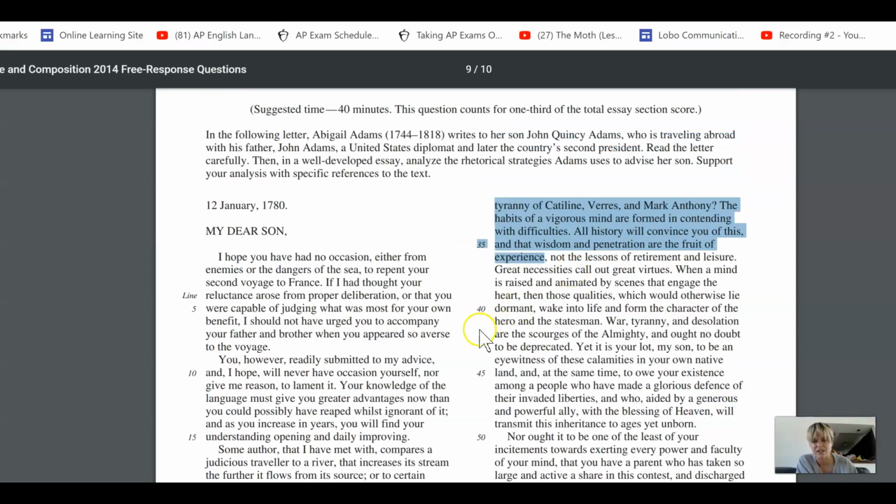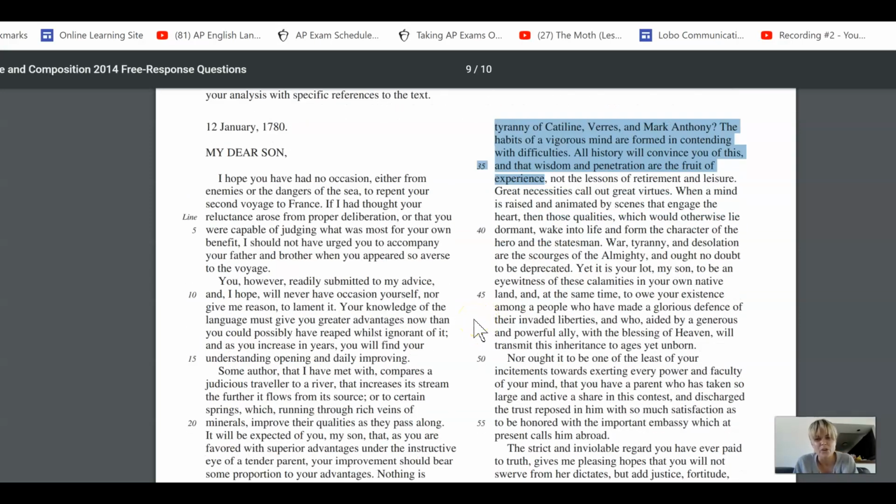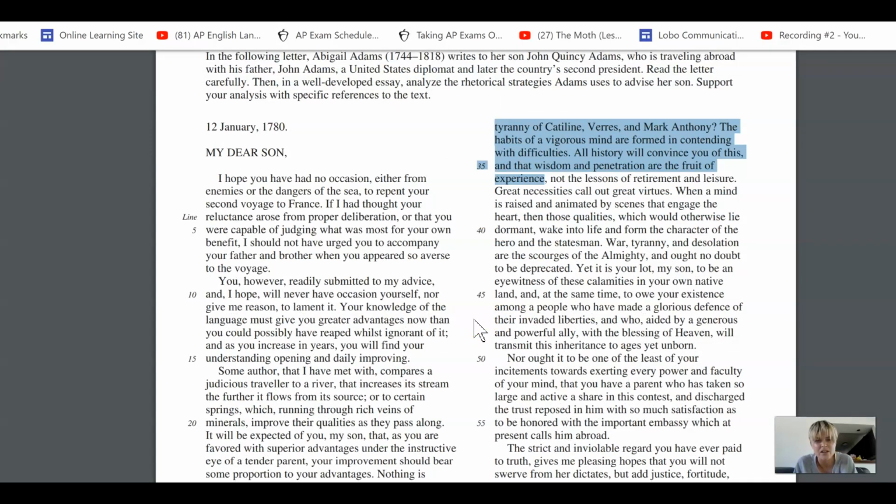If you had to put your thesis statement into this, what do you think she's trying to do for her son? She's obviously giving advice. What do you think she's trying to do? I would say she's definitely trying to motivate him, but not only does she want to inspire him and build him up, she also wants to create this sort of expectation of you must do great things, for your country and for me.